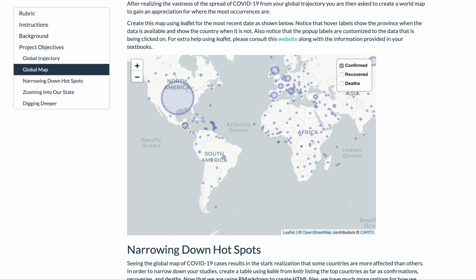Mexico is a country, Guatemala, El Salvador, etc. When we click on these labels, we want to have custom pop-up labels depending on what data set we're clicking. For confirmed, when we click on it, it should say confirmed and then the amount of people that are confirmed